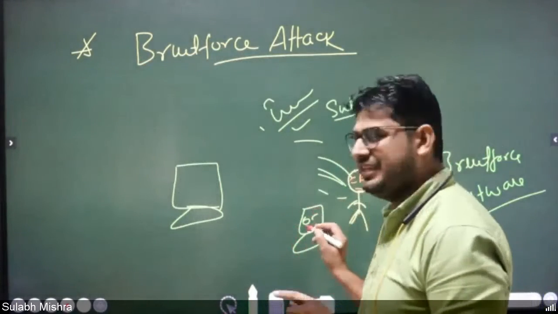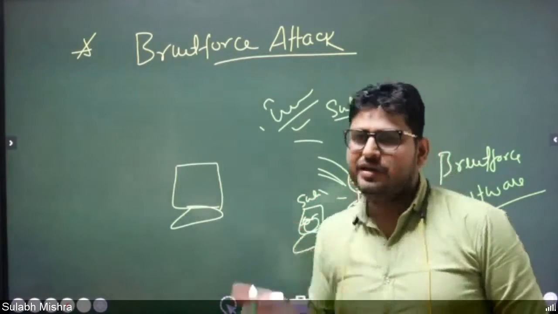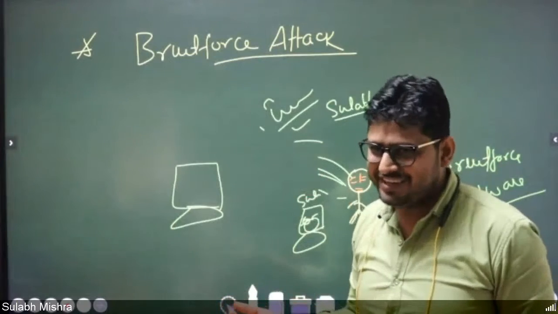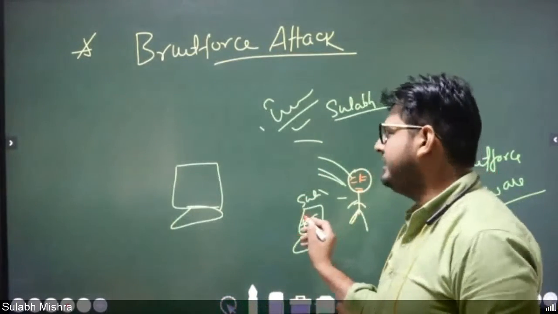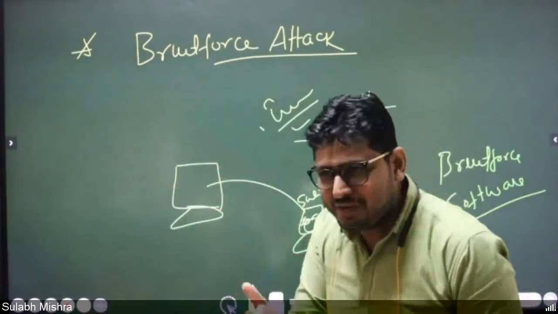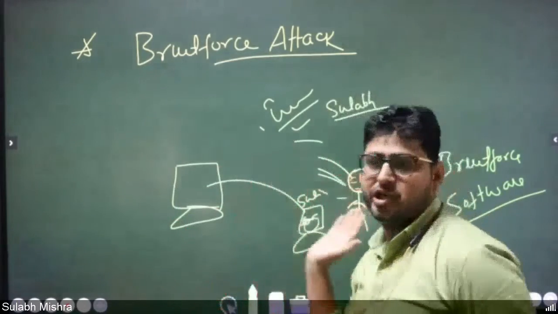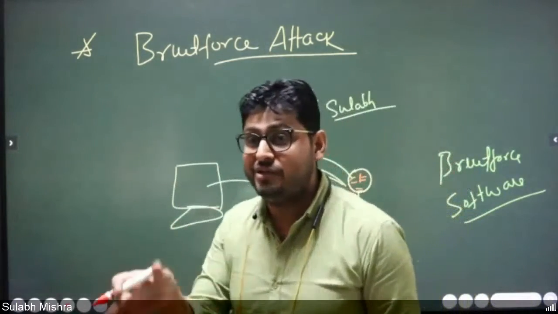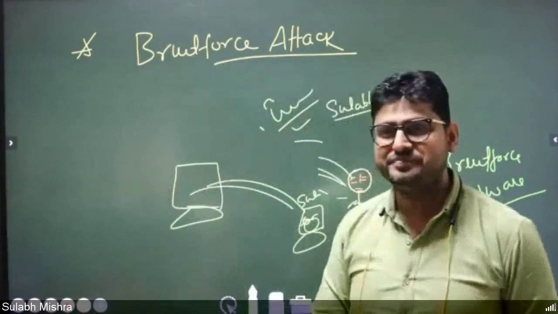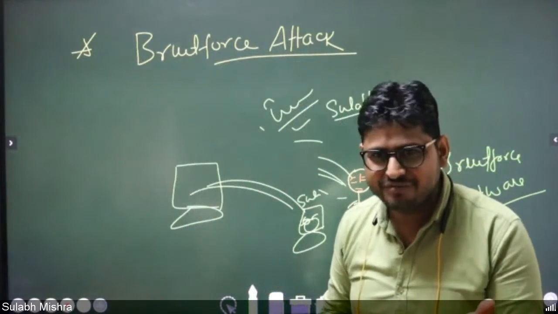And let's say he's targeting the username Sulaf. Then in the brute force software he will upload the library of passwords, all permutations and combinations which are available, right? The software is a script, right? It's automation. It will automate entering the username and the password. He'll keep the username constant and try multiple passwords, many thousand times within a minute. You can try to log in many thousand times using brute force software. Yes or no?